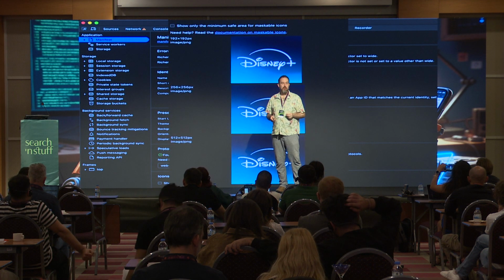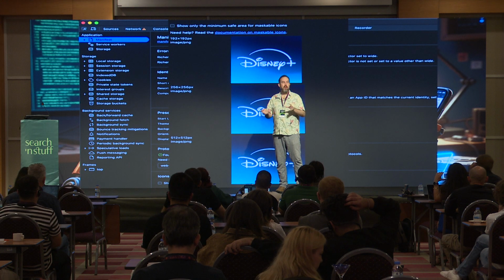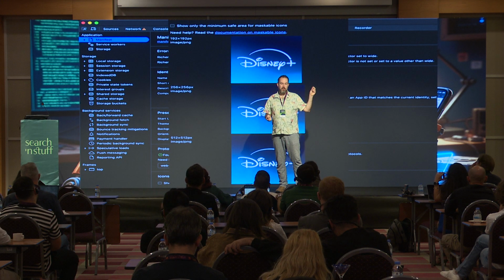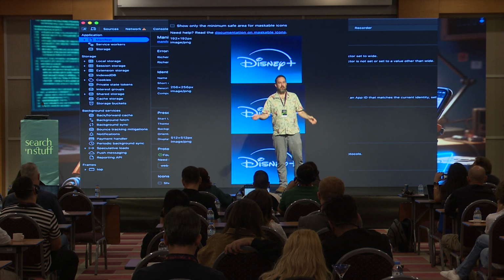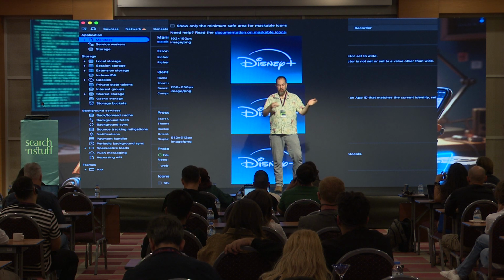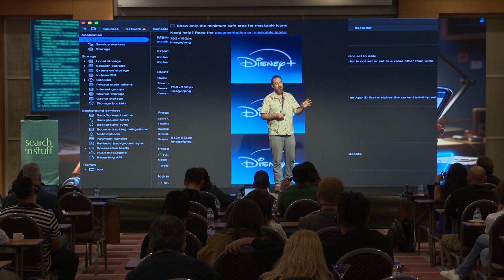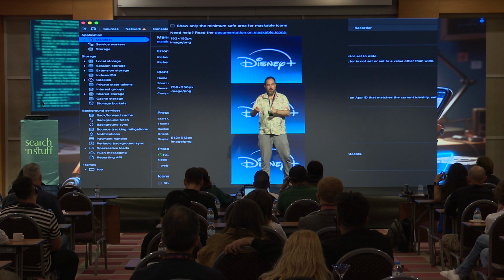If you don't know what a manifest file is, it gives you the icons so you can install it on a phone or on a desktop. I actually use Paramount and Disney installed on my desktop, on my MacBook, by using the PWA version rather than having to install something. It's really powerful, really simple. But again, if you don't do it right, it doesn't work.